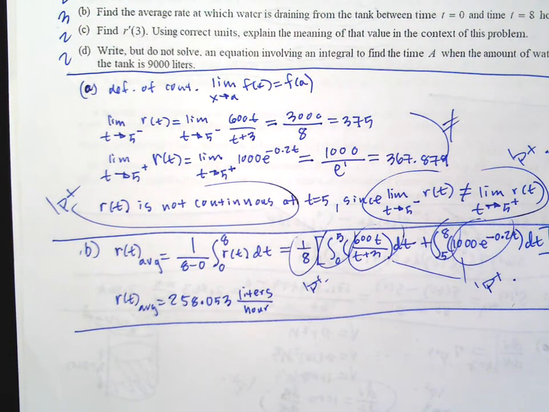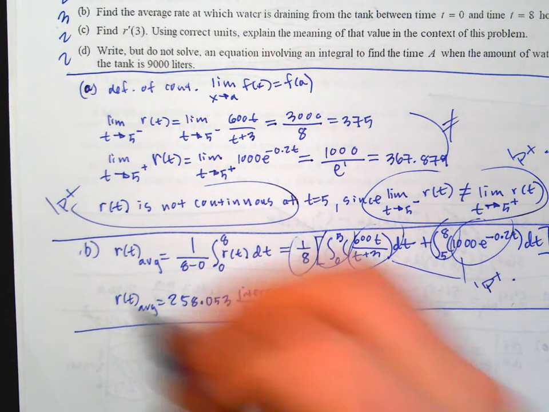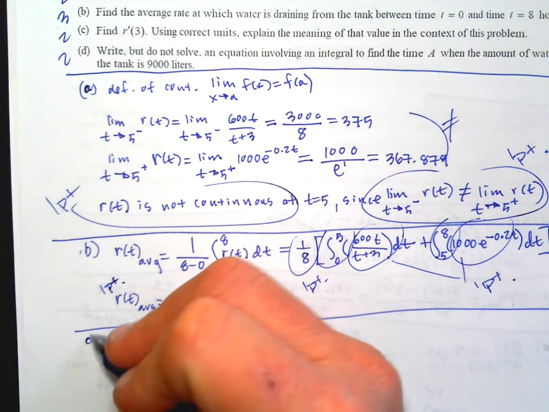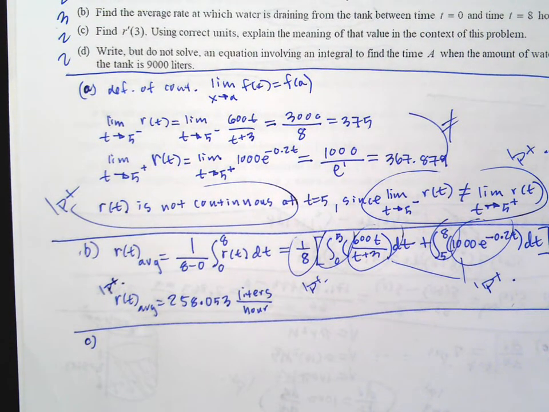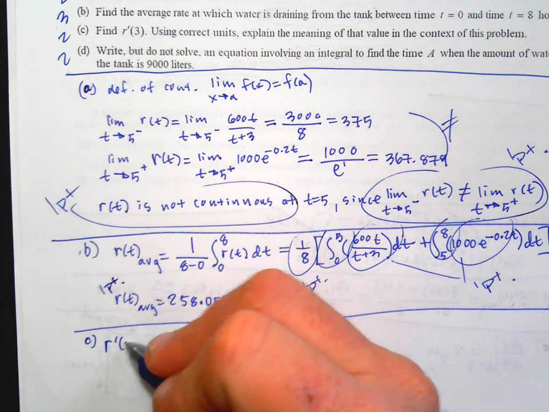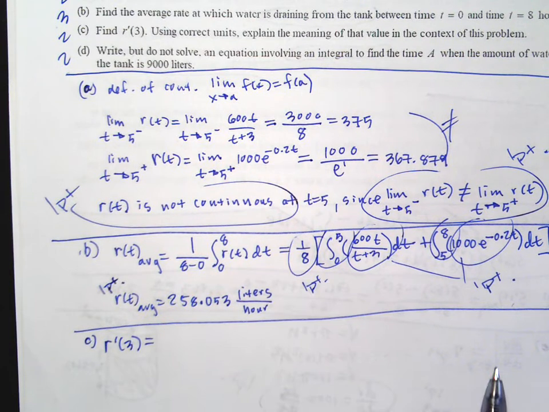Point wise, that was 3 points. Like I said, most of it was for the setup, 1 point for the answer. C, find R prime of 3. Now, R prime of 3, R is already a derivative. Now, finding R prime of 3 isn't hard